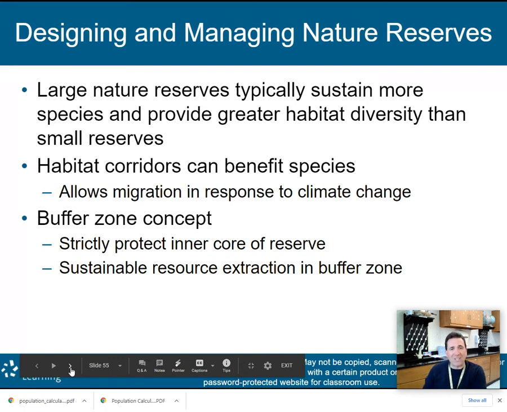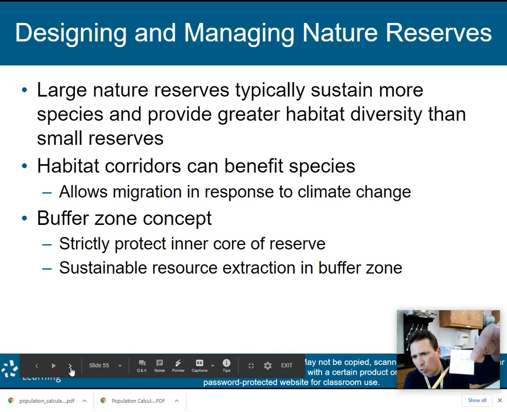Also, the buffer zone concept. Strictly protect the inner core of the reserve, with sustainable resource extraction in the buffer zone. So what this means is, think about a circle. You would have a circle like this, and in the inner circle, I don't know if you can see that, is where you strictly protect the area in the inner circle of the reserve,